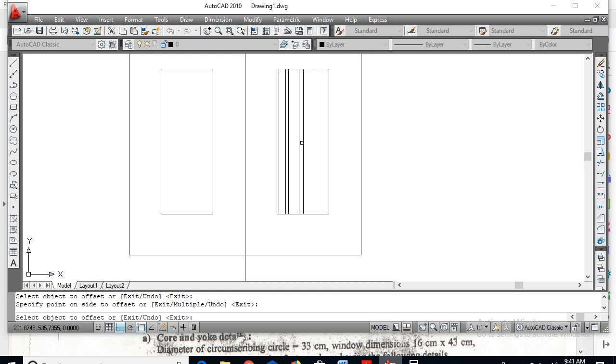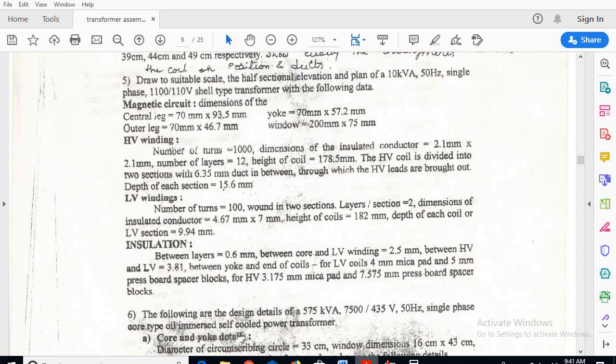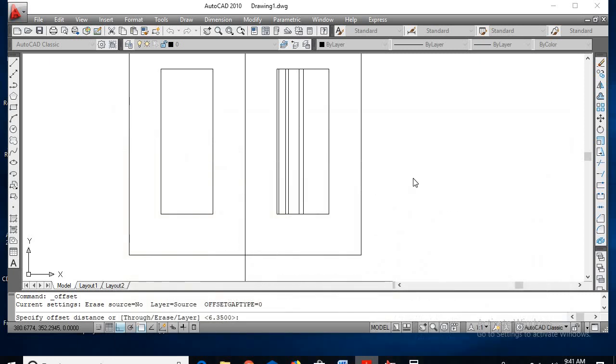Now again, after this the HV coil comes into consideration, go for offset. HV value is 15.6, offset is 15.6, enter, select this line, click here.